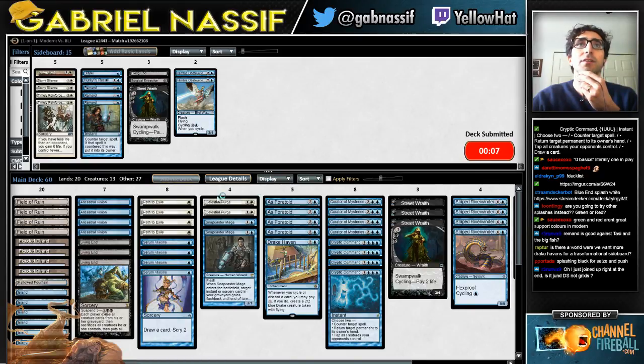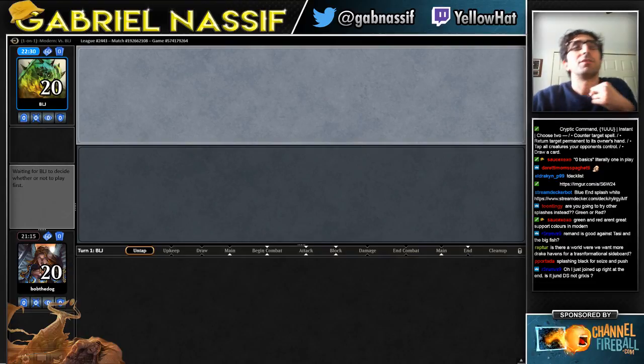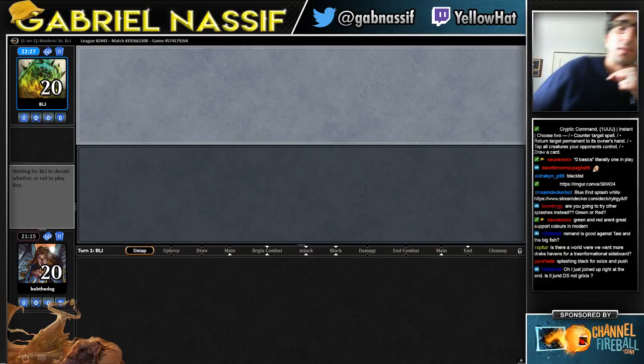Thing is, they have a lot of discards, so a lot of the time they get your Asphodel, and then your Living End is useless because you can't cast it. Is there a world where we want more Drakehavens for a transformational sideboard? Thing is, Asphodel has a lot of value in almost every matchup, even after sideboard. And you know, Living End is not completely dead, even if they have Rest in Peace or something like that in play, because it's still a sweeper. So I have 2 Drakehavens in my mono blue sideboard right now. This one I had to make space for other stuff, so